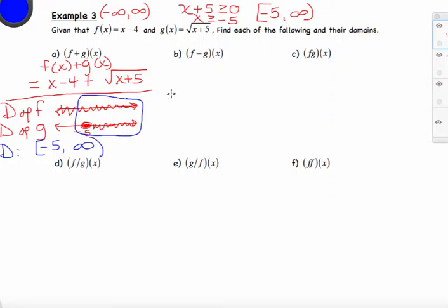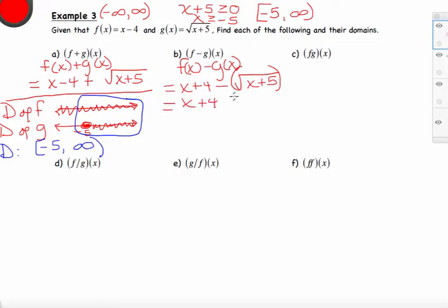All right, next let's do f minus g of x, which is just f of x minus g of x. And my f of x function is x plus 4, and I'm going to subtract off g of x, which is the square root of x plus 5. Normally I say to put parentheses around the function you're subtracting to make sure you are subtracting the entire function and not just the term that comes first, but because there's already a square root symbol over top of x plus 5, we don't really need to have those parentheses there,